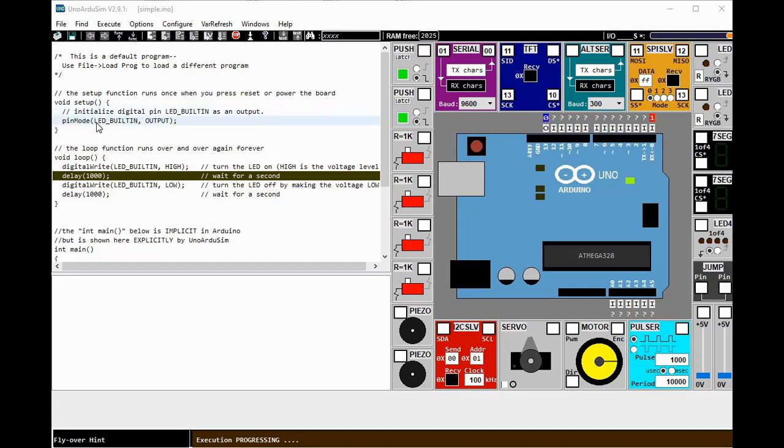So in this case, given the pin mode command or pin mode function, you should supply two parameters, wherein the first is the pin and the second, it's either an input or output.